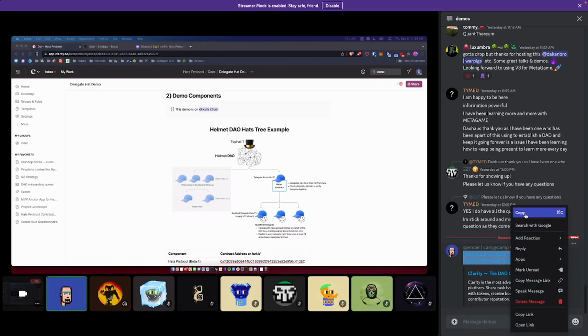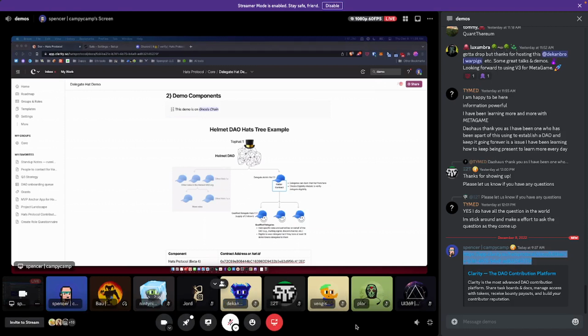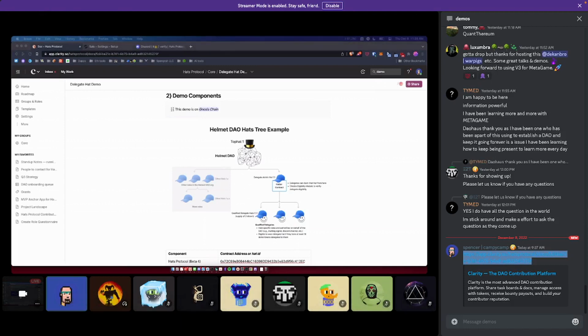So imagine for the sake of the next 21 minutes that you are in a DAO whose purpose is to govern a DeFi protocol, or it doesn't have to be DeFi, but just whatever you'd like, called Helmet Protocol. So like many other DAOs, the Helmet DAO has a concept of delegates.